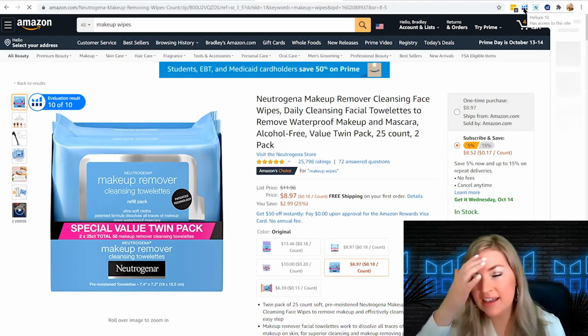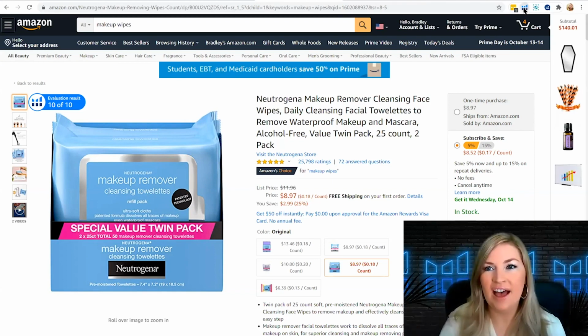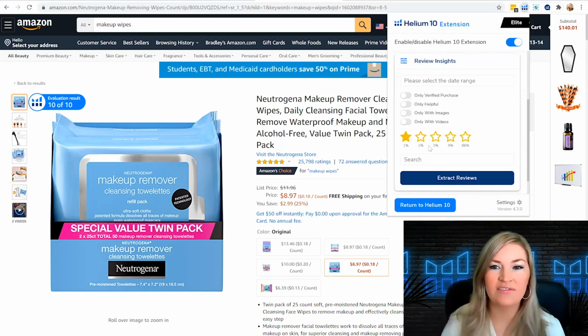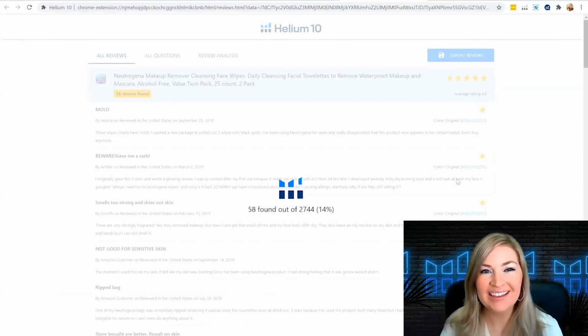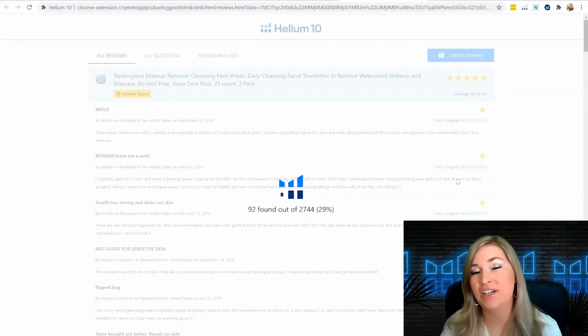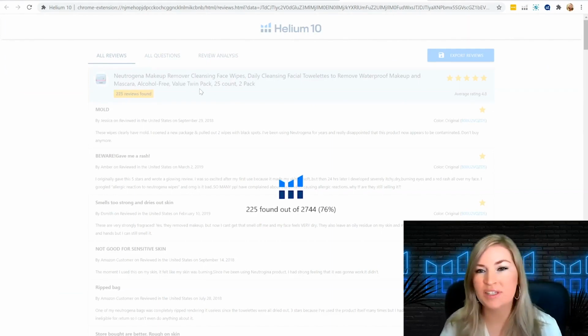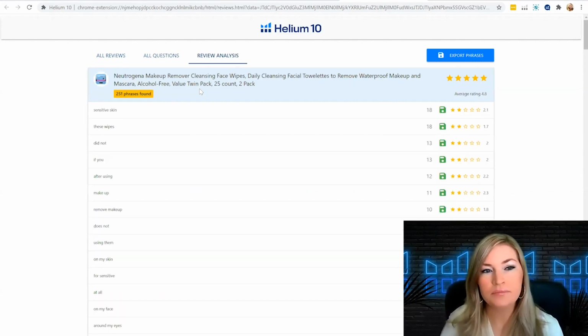And especially even before listing optimization is your product research, right? I always believe that it's so important to stand out and differentiate your product. And if you can look through your 1 and 2, maybe even 3-star reviews and get a good idea of what people don't like, then you can get an idea of how you can differentiate. And maybe in this example, we'll see with these wipes, maybe people don't like it because there's a specific ingredient that smells weird, or maybe people don't like it because it's drying out too fast.